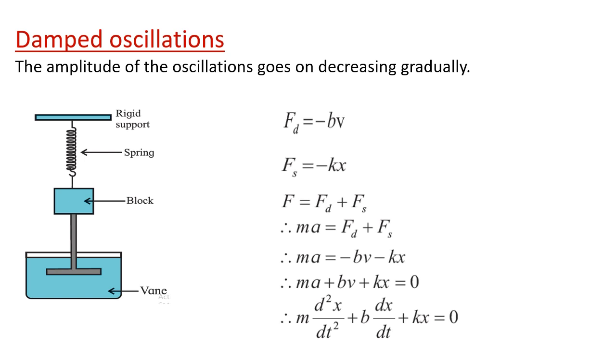Now such motion of the pendulum or the oscillator is called damped motion, or damping of the oscillation. So periodic oscillations of gradually decreasing amplitude are called damped harmonic oscillations, and the oscillator is called a damped harmonic oscillator. Now why does this damping of oscillation take place in the case of a simple pendulum?